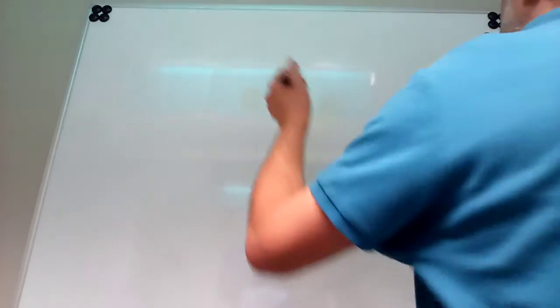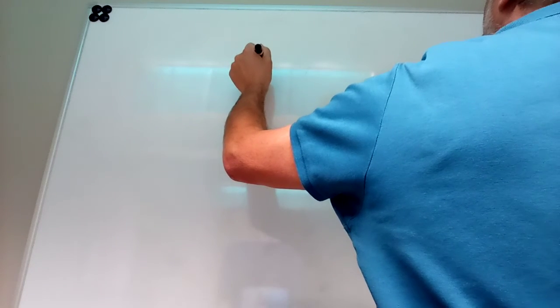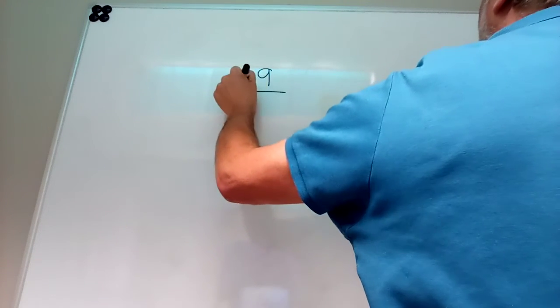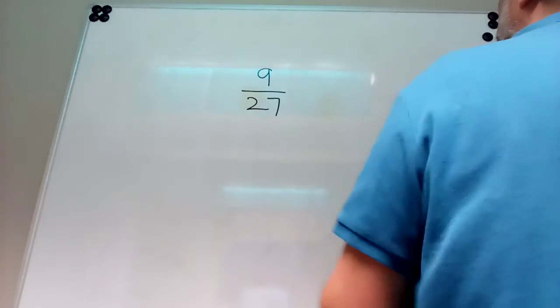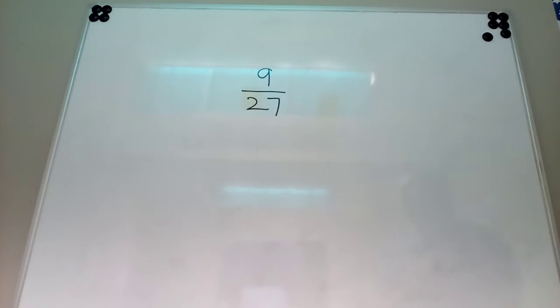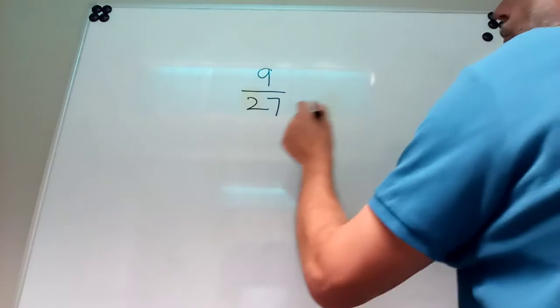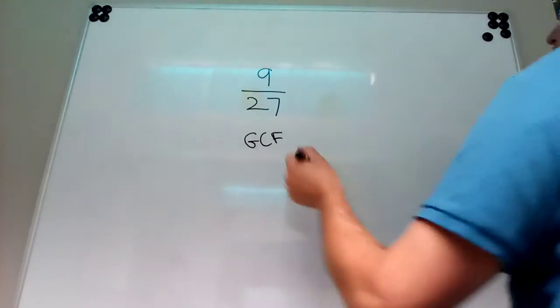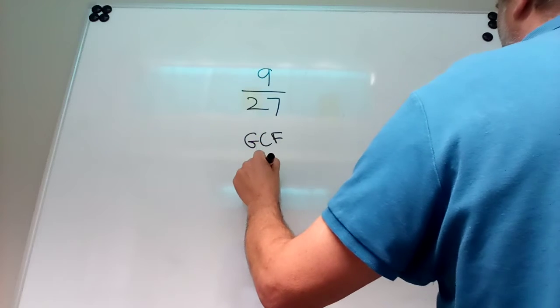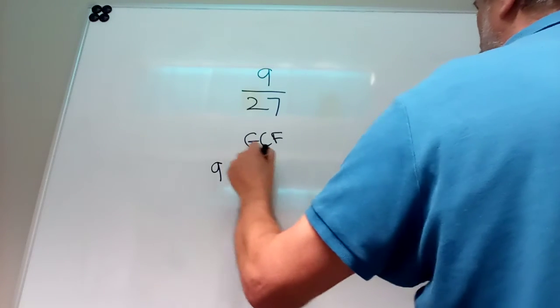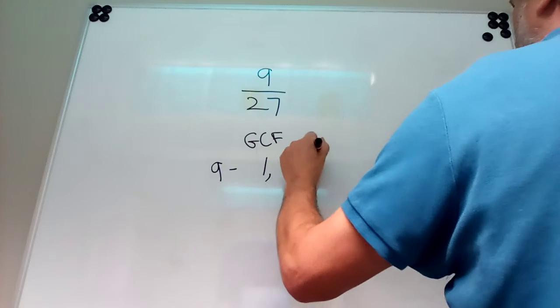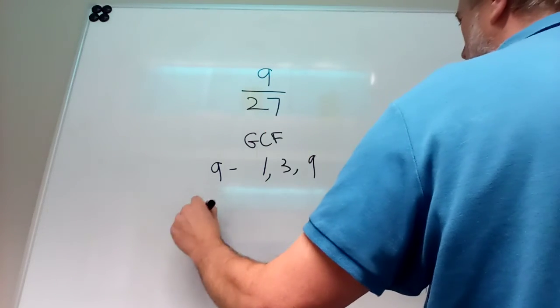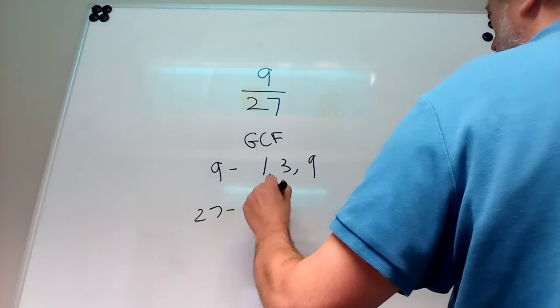Let's take the numbers 9 and 27. Now, 9 over 27 is a fraction. Can we make that fraction lower? Those are big numbers. Can we make those numbers any lower? Well, let's find the greatest common factor between 9 and 27. So factors of 9 would be 1, 3, and 9. The factors of 27 would be 1, 3,